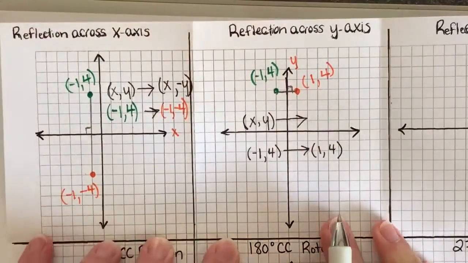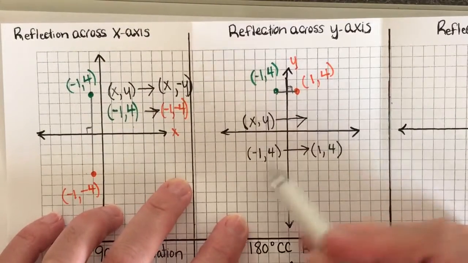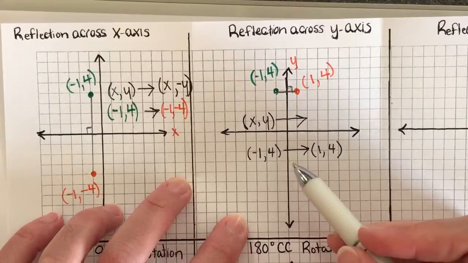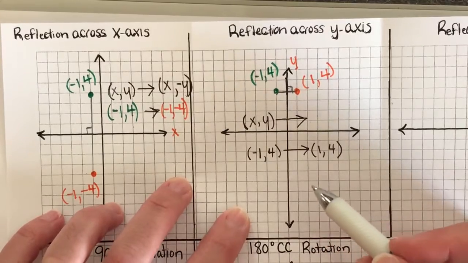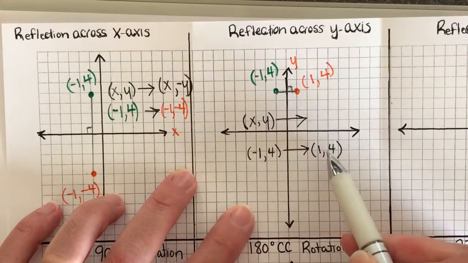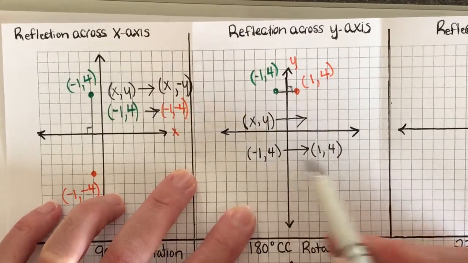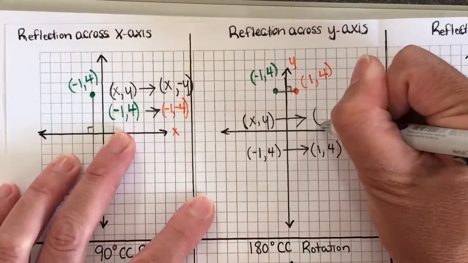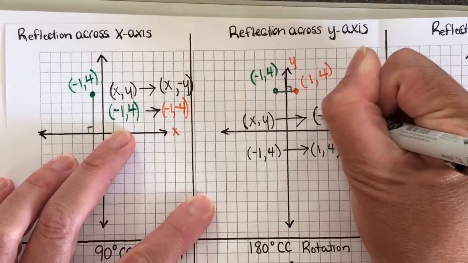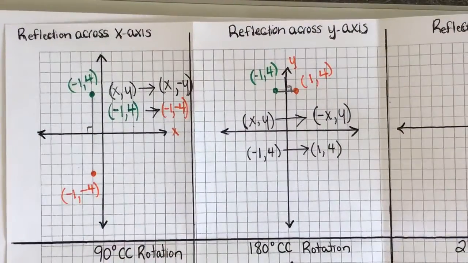And so how did it change? Well, again, notice how none of the values changed. I still have a 1 and a 4. Signs could change. They could flip-flop. But again, notice how my y is the same y, but notice how the sign's changed on my x. So what is that rule? The rule is opposite x, y. This is the algebraic rule that's going to work for all of your reflections across the y-axis, no matter what